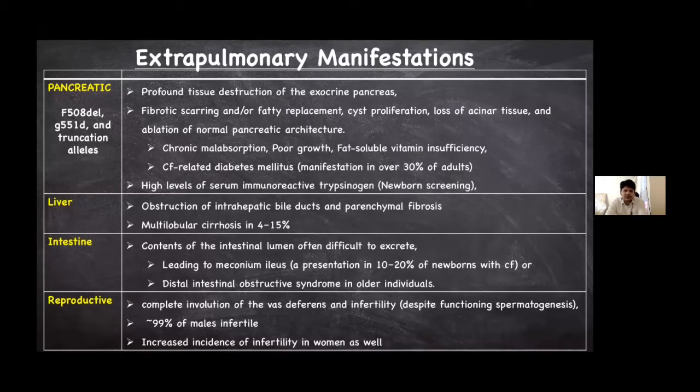When you have seen one or two patients of chronic pancreatitis, you can correlate very easily. They have chronic malabsorption, poor growth, fat soluble vitamin insufficiency, and some patients even have diabetes. But in clinic, sometimes it happens the opposite. They do not come with everything. Sometimes young diabetes comes, and if you think it is malnourished, why not think about something called cystic